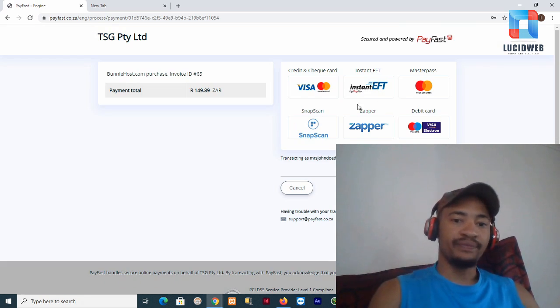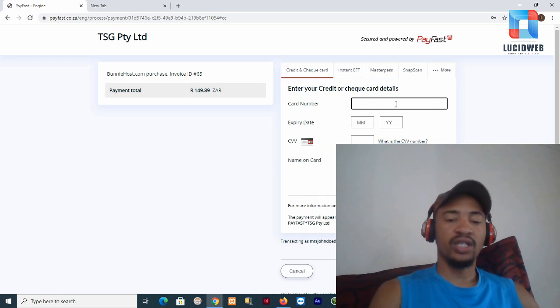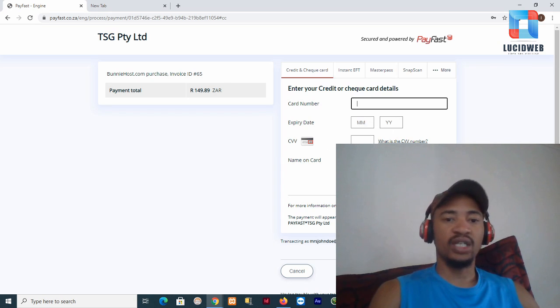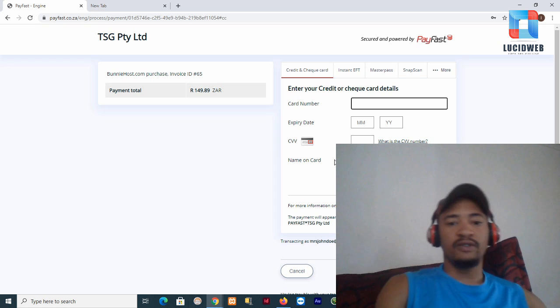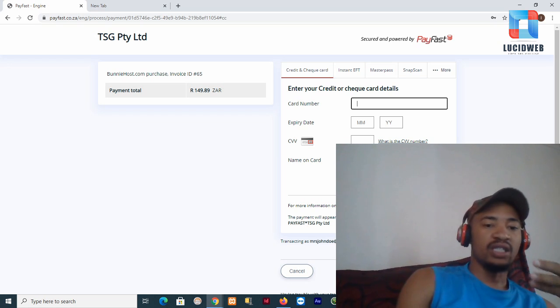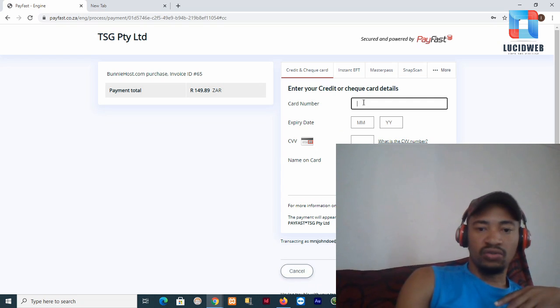And then, guys, from here, this is the best method that I usually choose. You can choose any if you're familiar with PayFast. So when you choose this method here, this is where you fill in your card details and expiring date, CSV number. Those who are familiar with online buying and shopping, they will know this. And then from here you just click pay. So because for me this was just a dummy example, I'm not really going to buy, but from here basically you are done. Once you pay, and then it will take you to